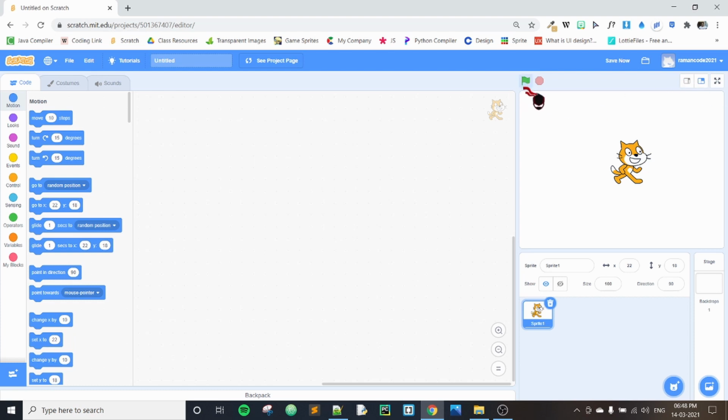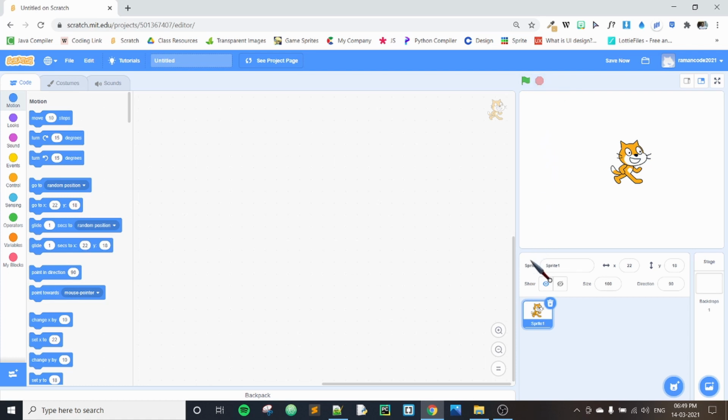Next, you can see one green flag here. It's like a run button. When you click on it, all the code that you have in this editor will be processed and executed, and you can see your output here. When I say run button, you should have a stop. So this is the one which is going to stop your execution. Whenever you want, you can stop it here.